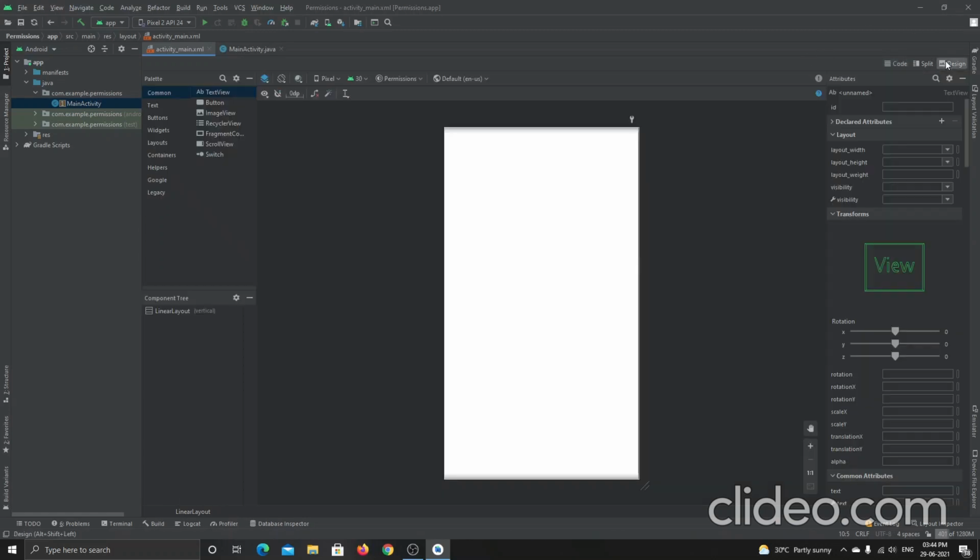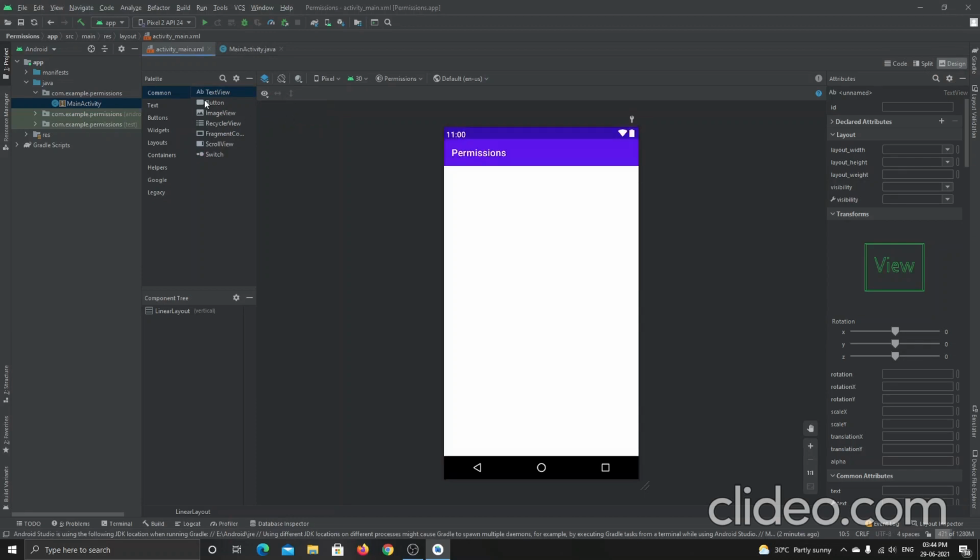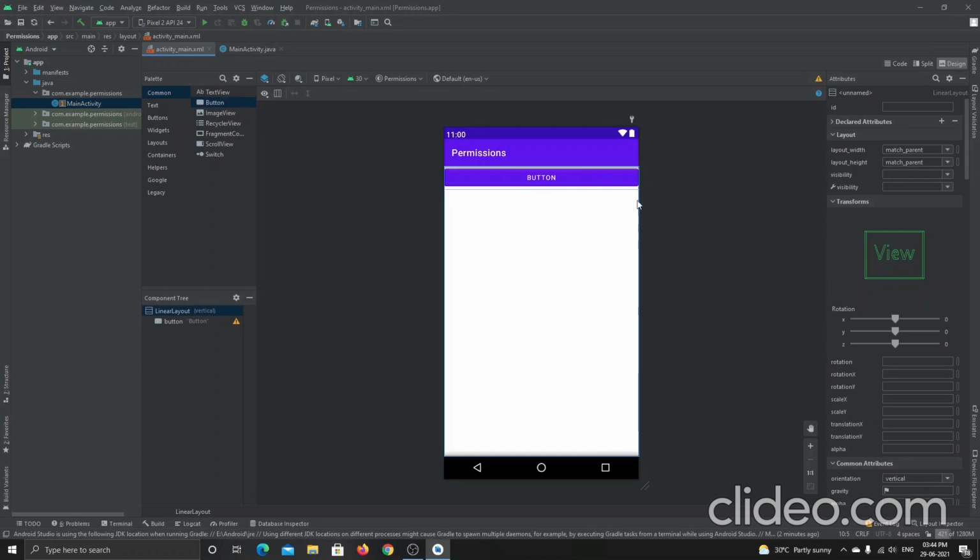Let me go back to the design and switch it to the system UI. And then let me add one simple button. Here I will give the ID as perm btn. Okay.